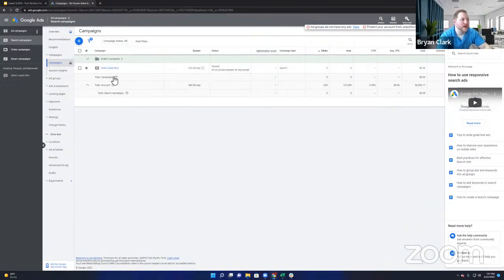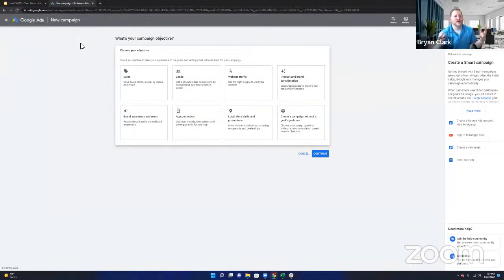So when you are logged into your Google Ads Manager and you're under campaigns, all we have to do is click this little plus here to create a new campaign. A new campaign is going to be the umbrella under which our ad set, our creative, and any of our materials for that ad fall. Now, for this particular